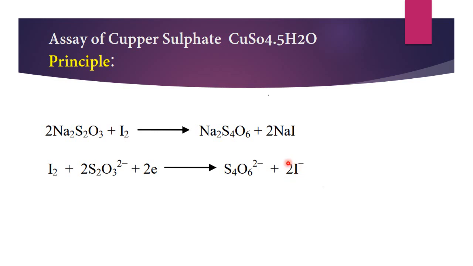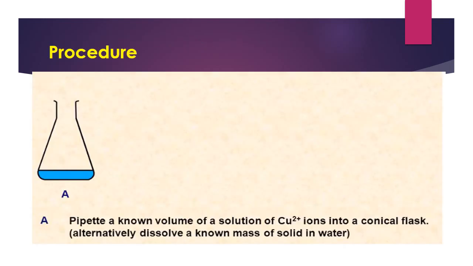ليش؟ لانه الايودين is oxidized الصوديوم thiosulfate to give the tetrathionate ion plus الصوديوم. so how the